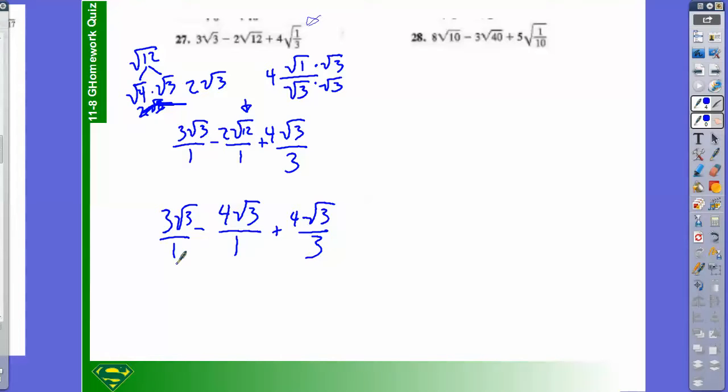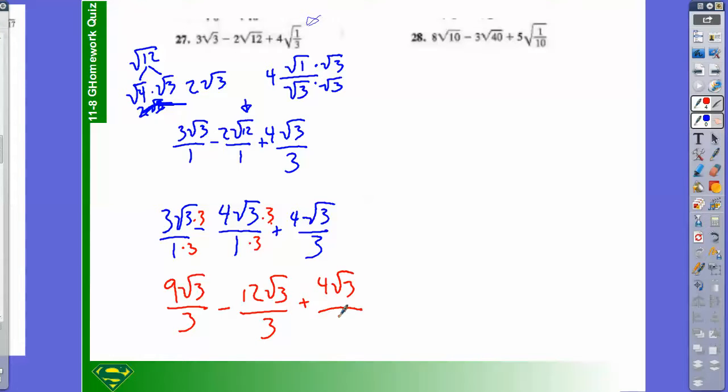In this case, what is going to be the common denominator? Well, it's going to be 3. So that means I'm going to have to multiply this fraction by 3 over 3. And that will get me 9 times the square root of 3 over 3 minus, and again, multiply by 3. And so we'll get 3 times 4, which is 12, times the square root of 3 over 3,